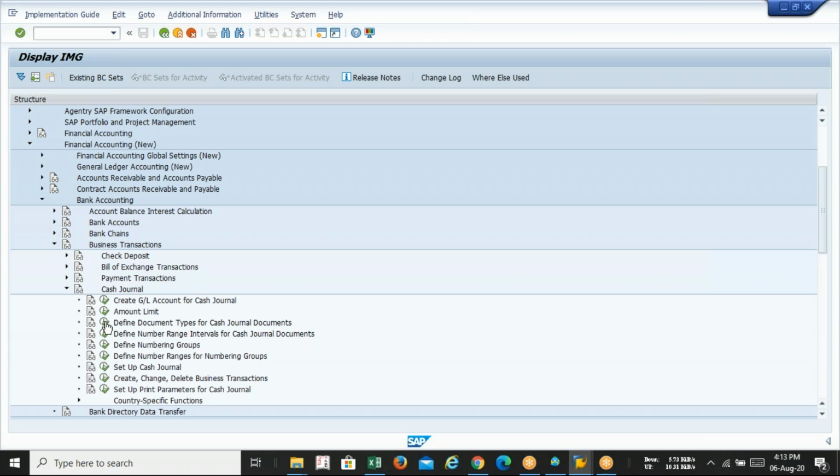Please make a note of it. The menu path for the cash journal document type. It's done. Shall I proceed?